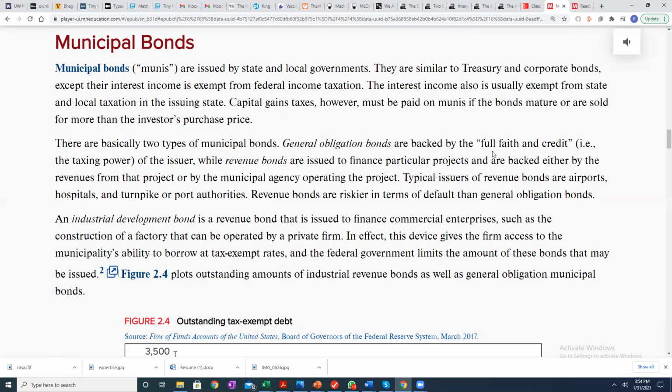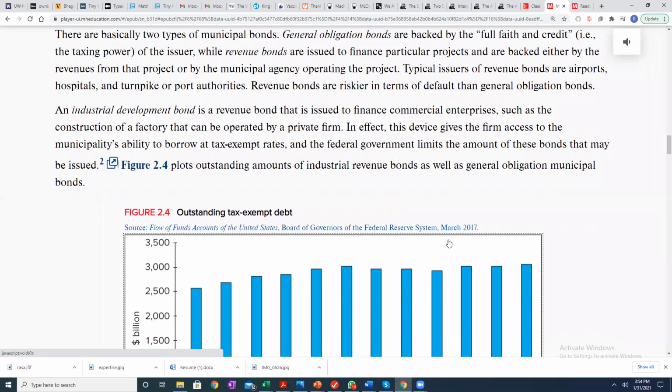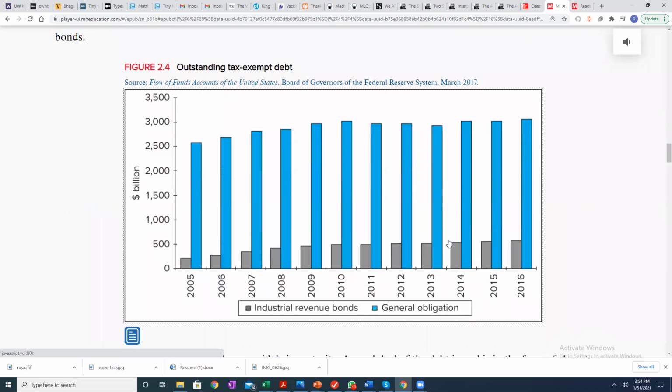General obligation bonds are backed by full faith and credit. Revenue bonds are issued to finance particular projects and are backed either by revenues from the project or by the municipal agency operating the project. Typical issuers of revenue bonds are airports, hospitals, and turnpikes. An industrial development bond is for commercial enterprises. So you see in this, tax-exempt debt is in the $3 trillion range for general obligation and about $500 billion for industrial